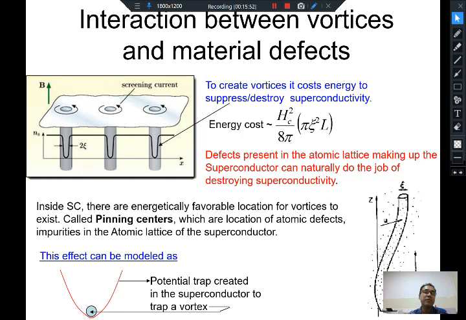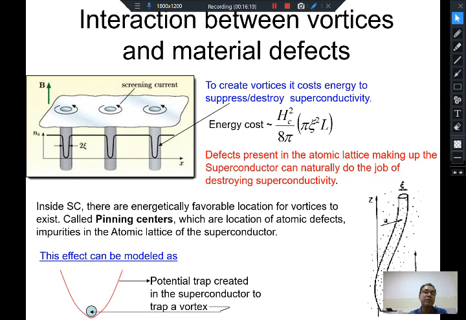Now we can come to a little bit of application aspects, and here I will be very quick. Maybe towards the end of the course I will have more time to deal with it. This was all as far as a pure superconductor is concerned. You can also introduce impurities and defects. For example, niobium. Niobium is a good type 2 superconductor, but suppose I introduce atoms of iron inside the superconductor, atoms of copper inside the superconductor.